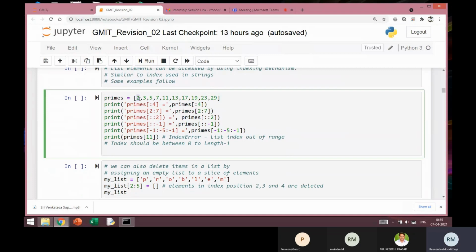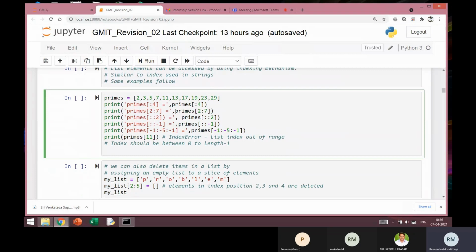So the first entry 2 has the index 0, this is index 1, index 2, index 3, and index 4. The element at index 4 is 11. But this will slice the list starting from the beginning up to index 3. Remember, index 4 is not included. So 2, 3, 5, 7 will be the output.